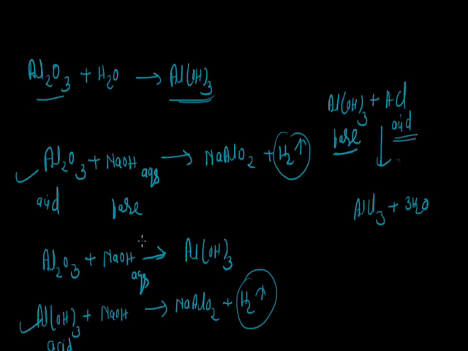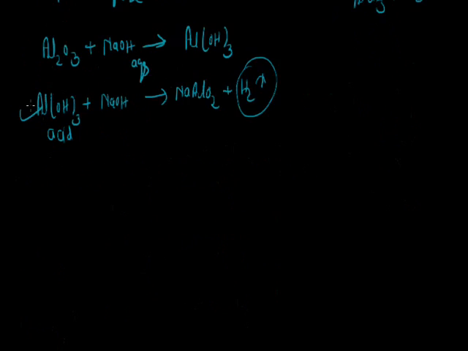Now, what's the meaning of amphoteric oxide? Amphoteric oxides are those oxides which behave both like acid as well as base. So there are some metal oxides which behave like both acid and base. In that, the first example is aluminum oxide. Now another example of amphoteric oxides is